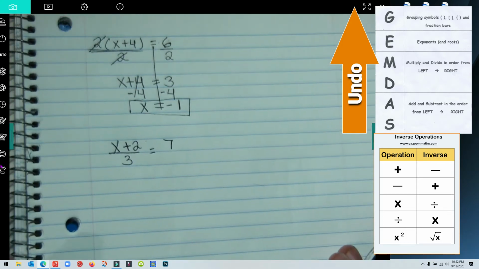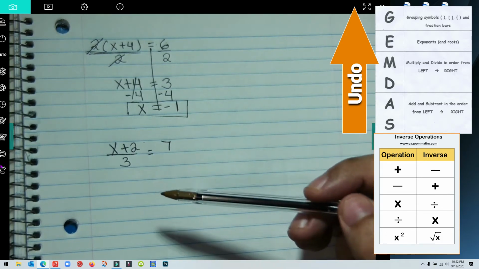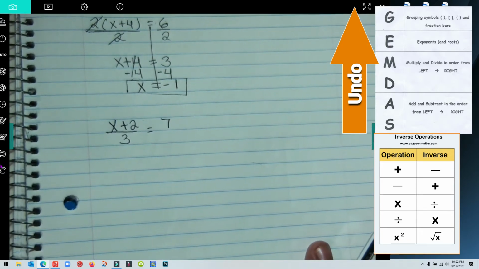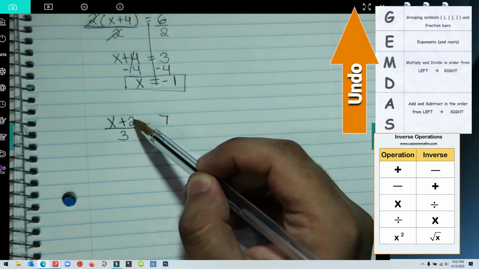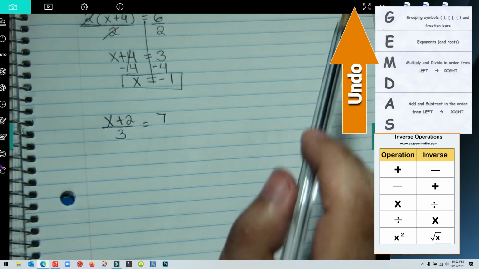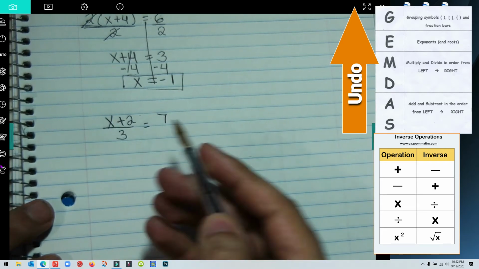Now this is similar to the last problem where there is going to be some kind of trickery involved. There might be some confusion involved. But if you look at this, normally you'd think, okay, well we have a division of 3 and an addition of 2, and since addition is at the bottom of our order of operations, that is what we're going to undo first. But in reality, in algebra, the fraction bar